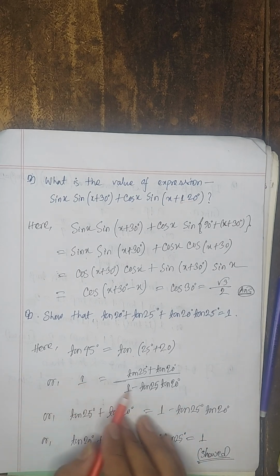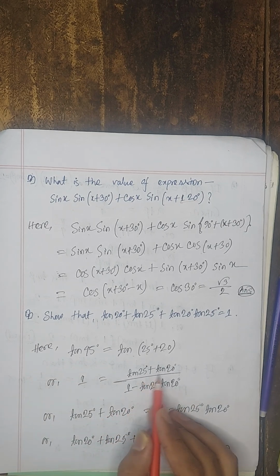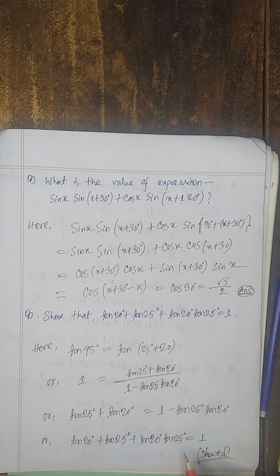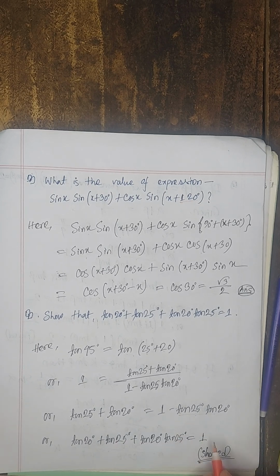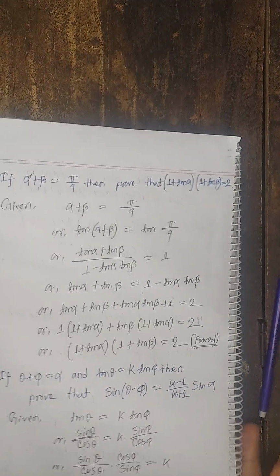Now we have to cross multiply this. tan 25 plus tan 20 is equal to 1 minus tan 25 tan 20. So when we bring this expression into the left hand side, we get tan 20 plus tan 25 plus tan 20 times tan 25 is equal to 1. Now next,